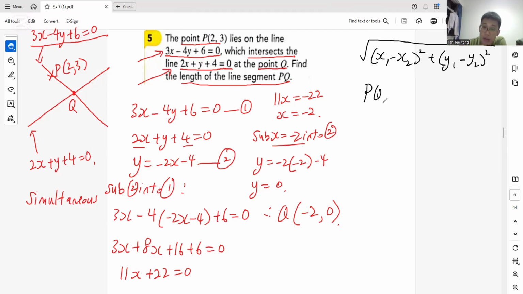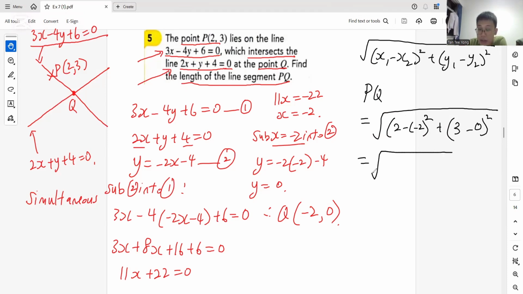So for PQ, it is equals to square root of 2 minus negative 2 squared plus 3 minus 0 squared. So square root, oh, I forgot the bracket here. So this is 2 plus 2, 4. So 16 plus 9. Equals to square root 25 equals to